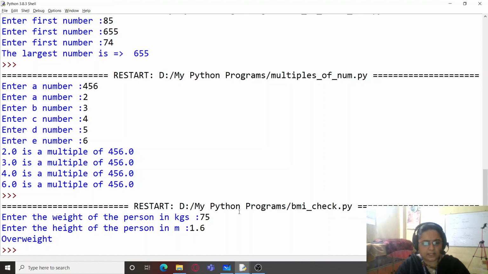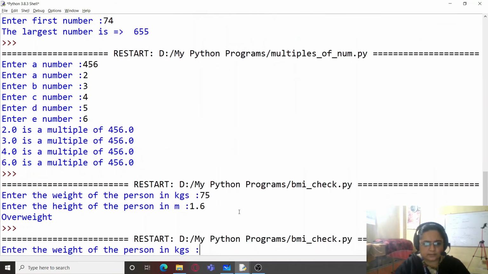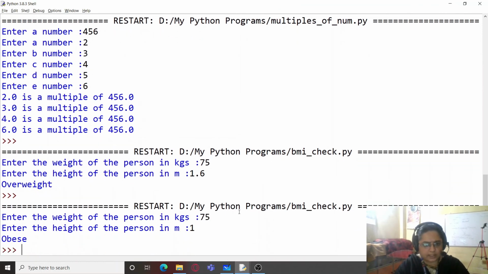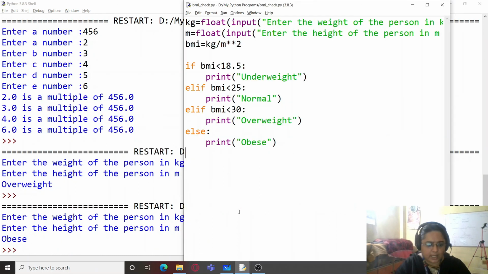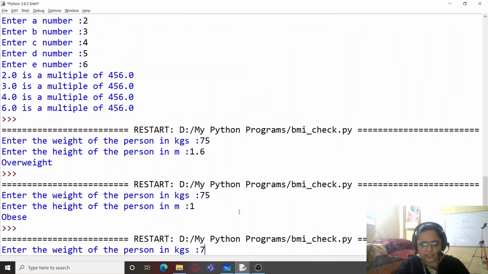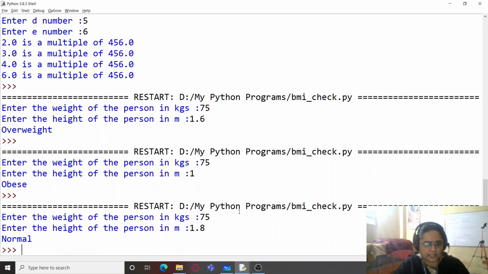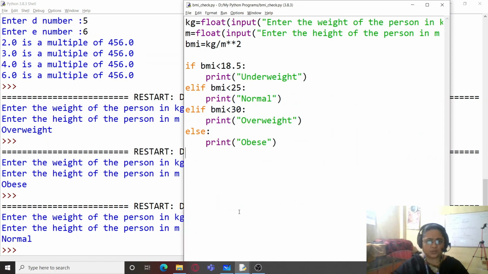Then if I write weight of the person is 75 kilos but the height is 1 point, it is obese. And again if I run the program, weight is 75 and the height of the person is 1.8, it is normal.